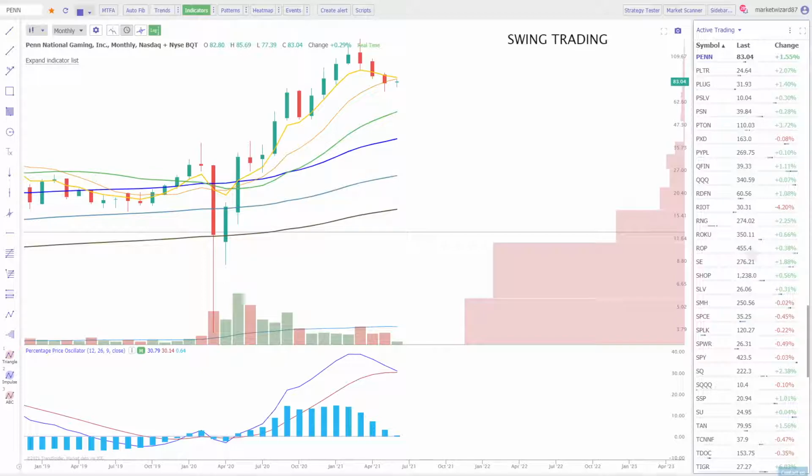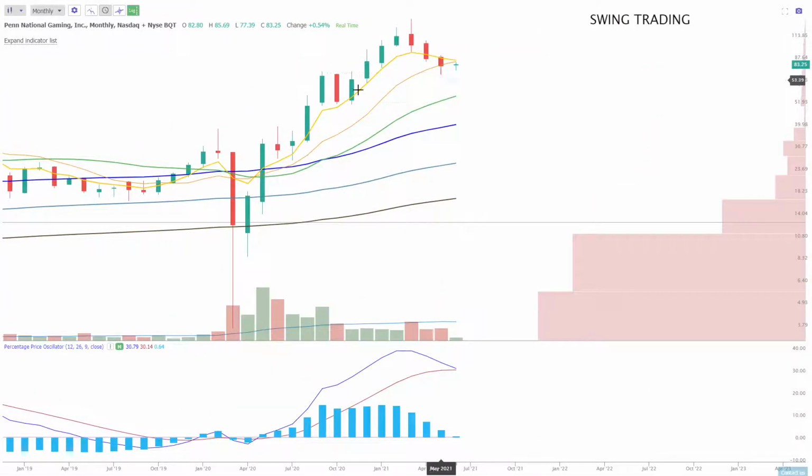Today I'm going to review how I manage entries, exits, profit targets, all of the above for a swing trade using some real world examples from 2020 and 2021. So the first one we're going to look at here is PENN Gaming. No, I wasn't buying down here at $4. That did not happen. It also did not need to happen in order to have a home run of a